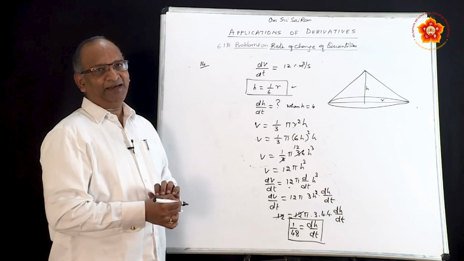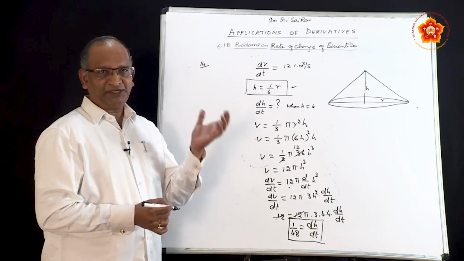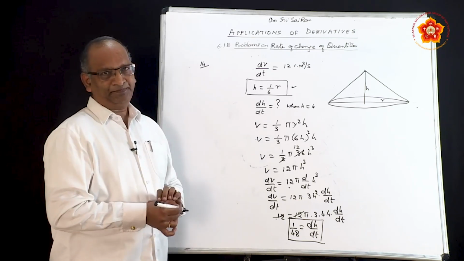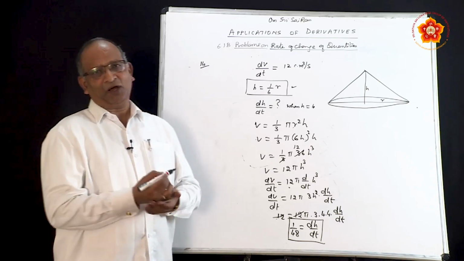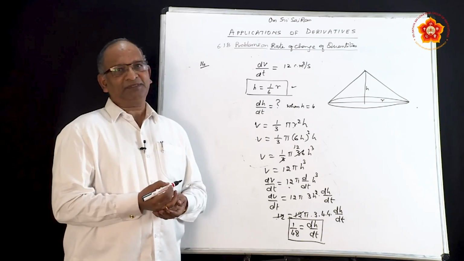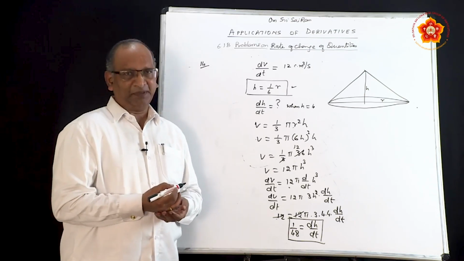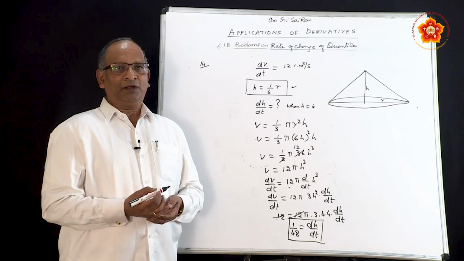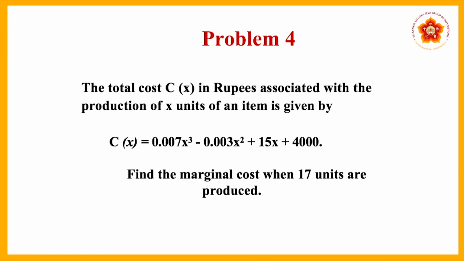So, in this particular manner, we can find out the rate of change of one variable even though the volume formula had 2 variables. We will go to some more practical problems connected to business, and generally this kind of problems are dealt with by business people, and we will study about that in the next 2 problems. Now, what are those problems? The first one is the 15th problem of the textbook, which reads that the total cost in rupees associated with the production of x units of an item is given by a relation.